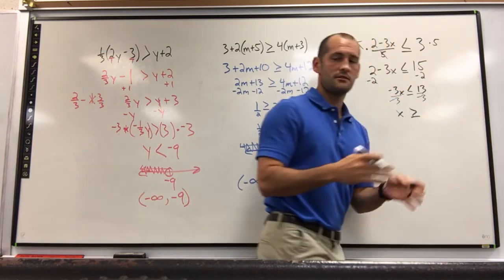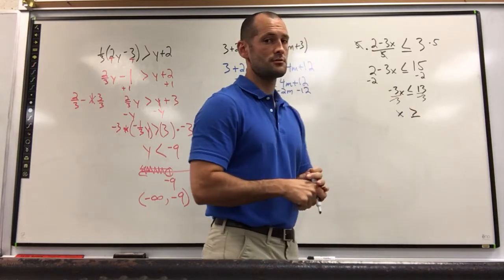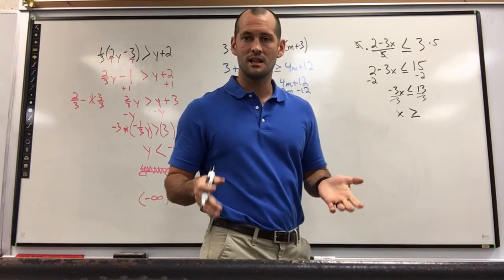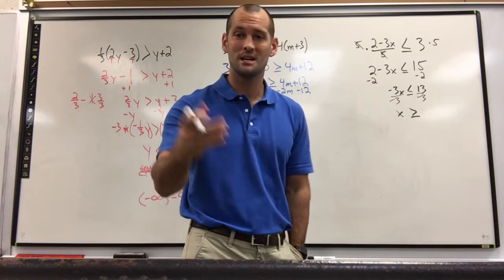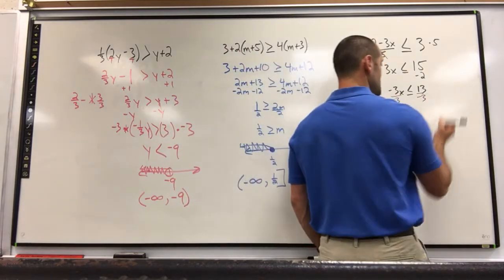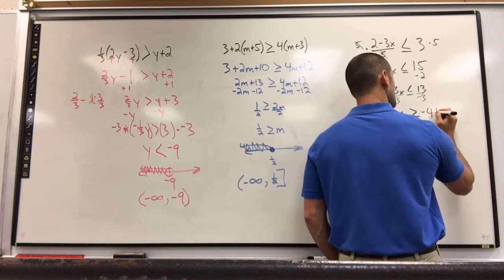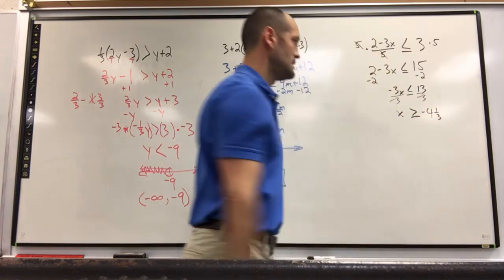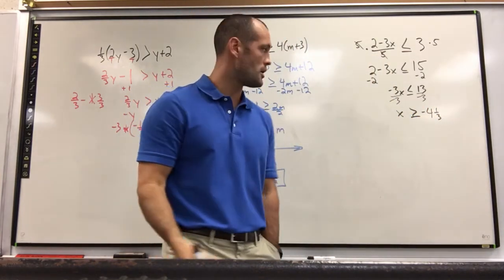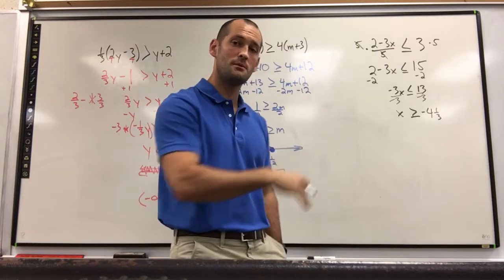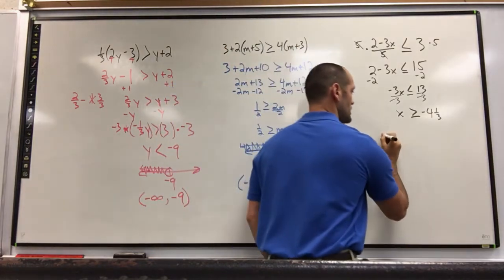Now, you can do a variety of things here. You can leave it negative 13 over 3, but that's very tough to see on a line graph. So I recommend a mixed number. 3 goes into 13 4 times with 1 remaining. That is something I know where to find on an actual line graph. It's just a little bit past the negative 4. So when I go to graph,